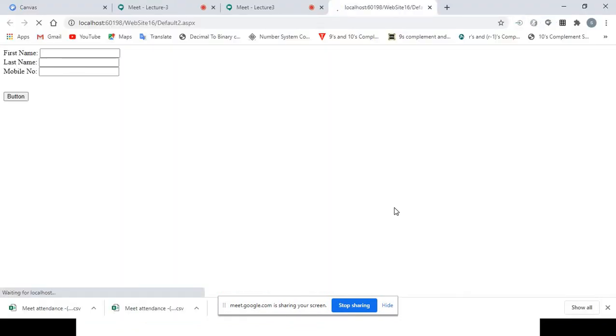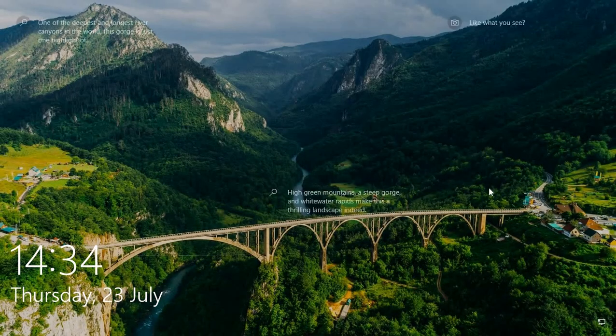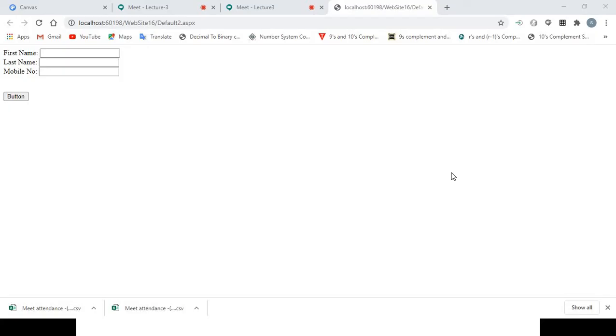Suppose the user is pressing Alt and L. Just a minute. If you press Alt and F,